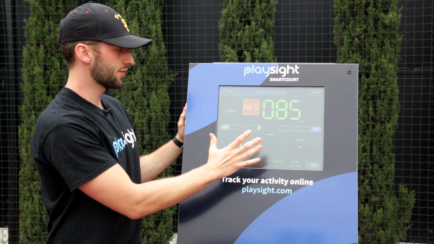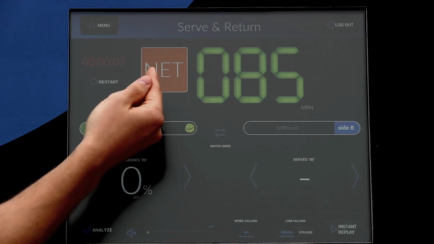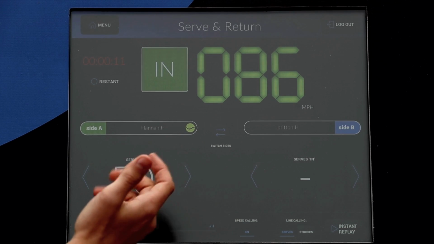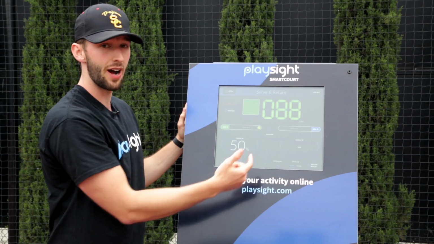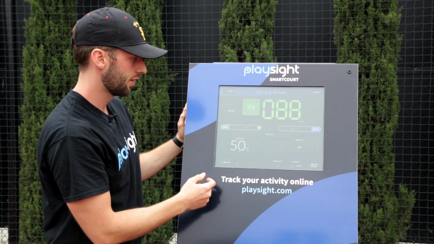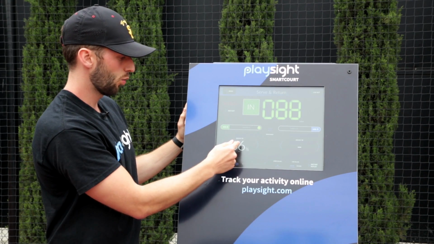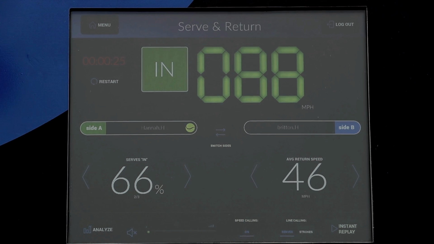And the real-time serve screen is going to give you a lot of information, whether the ball hit the net, whether it was in, whether it was out. So you can see here in real time, it's giving you that feedback, and it's also going to provide the speed in miles per hour of the most recent serve. And in the bottom here, you have real-time statistics for each player, whether it's serve percentages, to return RPM, to